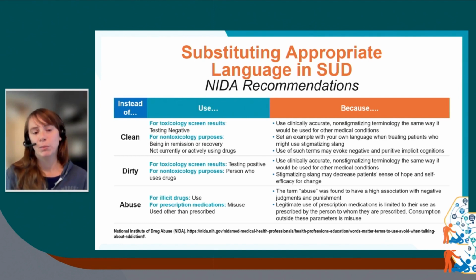And then abuse. You heard me earlier offering person-first language, using substance use disorder, using the word misuse instead of abuse, and just using the fact that someone is using a drug. I call this calling out the why. And if we had time, we could dive deeper into the neurobiology of trauma and how that supports trauma-informed care. We can also talk about how the impacts of language and experience actually affect our brain and behavior.